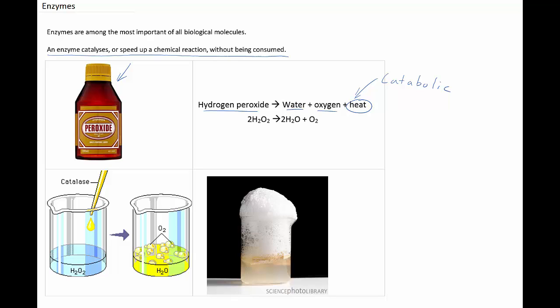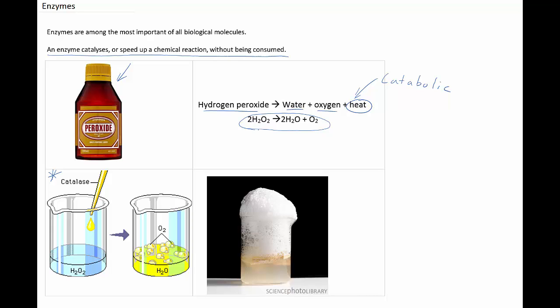To demonstrate this reaction, you can simply pour hydrogen peroxide into a beaker. If you watch hydrogen peroxide in the beaker carefully, you might think that nothing is happening, but it is. The hydrogen peroxide is breaking down or decomposing into water and oxygen. It is just that the rate of this reaction is extremely slow. And this is why they sell hydrogen peroxide in brown bottles, to minimize exposure to light, which increases the rate